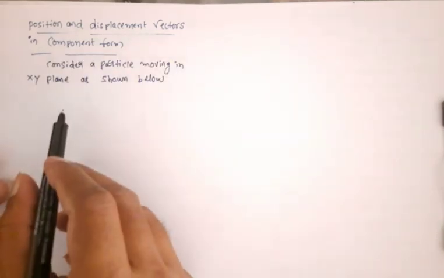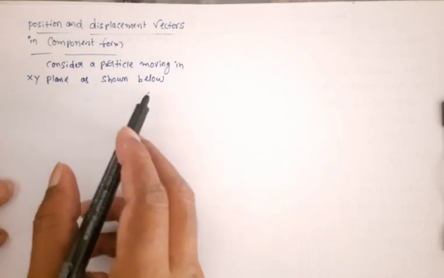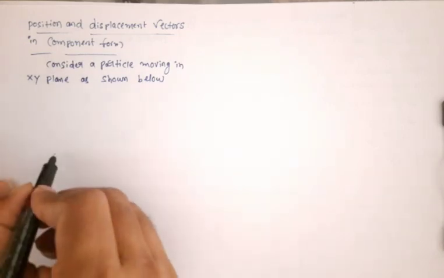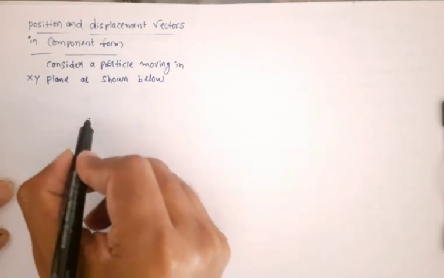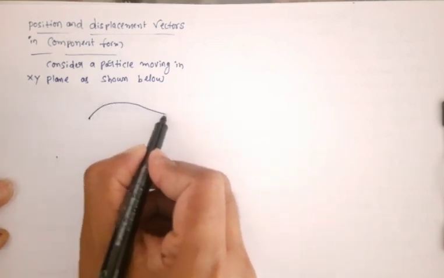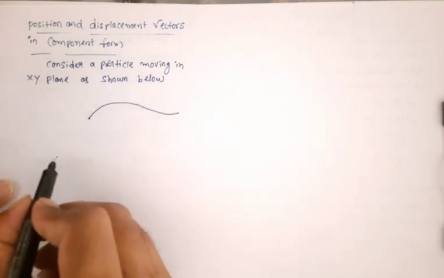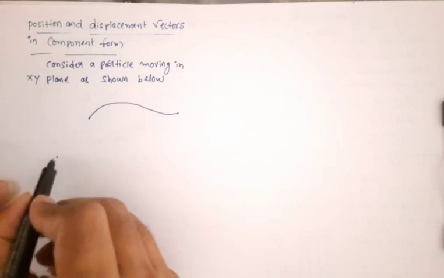consider a particle moving in xy plane as shown below. Here you are here and a particle is here, and this particle is moving on a curved path like this. It is moving like this. So here you are standing. So what do you do? You make your frame of reference, right? So you take origin here,